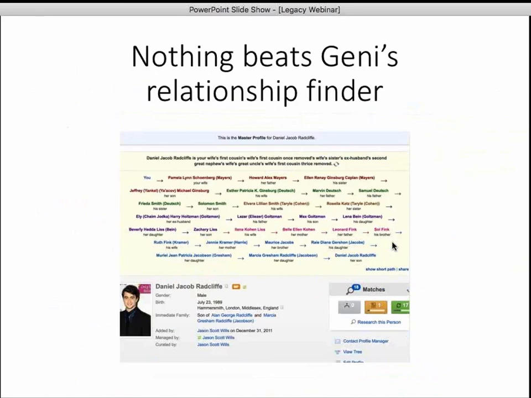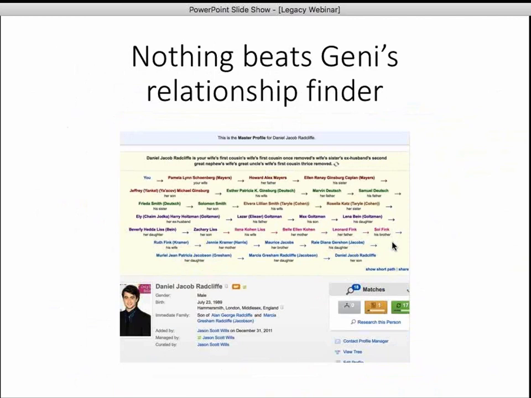Okay, let me talk a little bit about the Geni Relationship Finder, which is one of the killer applications, I think, of the Geni program. Because everybody's working on the same family tree, it's at least theoretically possible to find a path between any two nodes on the tree, any two people in the tree. Remember, it's 118 million profiles right now. So it's actually not a trivial